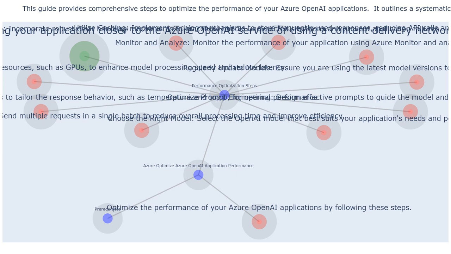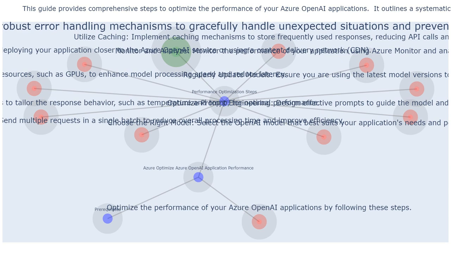For example, using a CDN to cache static content closer to users can minimize network latency and improve application responsiveness. Incorporate robust error handling mechanisms to gracefully handle unexpected situations and prevent application failures. Implementing proper error handling ensures that your application can gracefully handle unexpected conditions, such as network failures or invalid input. For example, providing informative error messages and allowing users to retry actions can enhance the user experience and prevent application